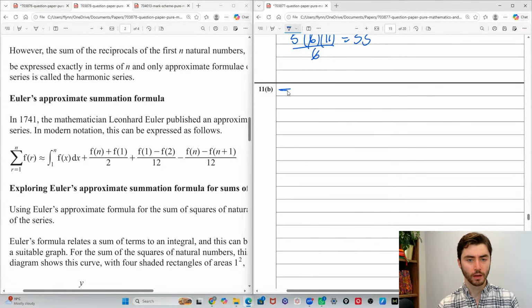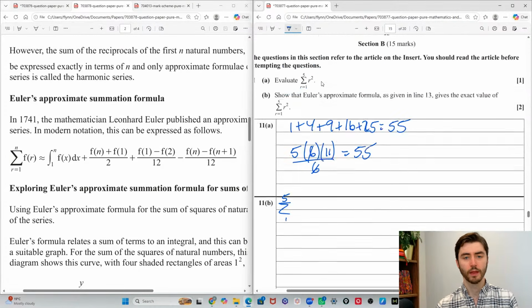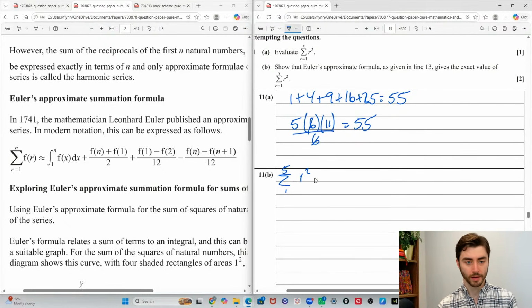So the sum from 1 to 5 of the function, which is r squared, is going to be approximately equal to the integral of x squared dx between 1 and 5 plus f of 5, which is 25, because I'll write it explicitly that f of r is equal to r squared. So f of n, where n is 5, so f of 5 is 5 squared is 25, plus 1 over 2,